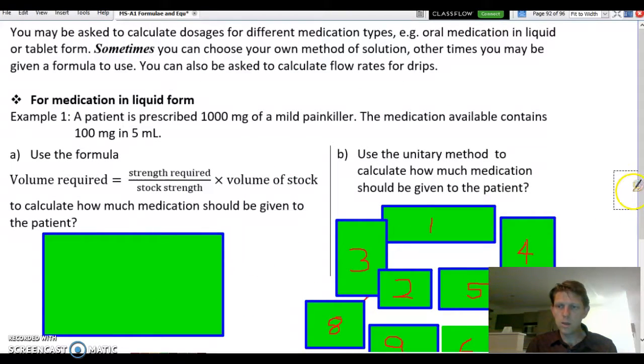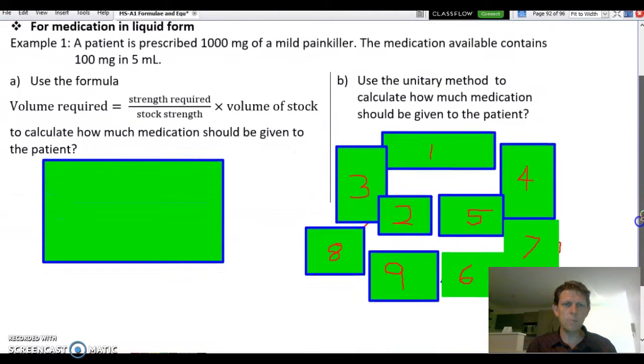All right, so in this next question, we're being asked, once we know how much they've got to take, if we're talking about a liquid medication, on the bottle it'll say what the strength is per 5 mils or per 10 mils. So this particular question is asking: if we've got to have 1,000 milligrams of a mild painkiller and the medication says that every 5 mils has 100 milligrams, how many mils of medication do we need to make sure we get that 1,000 milligrams